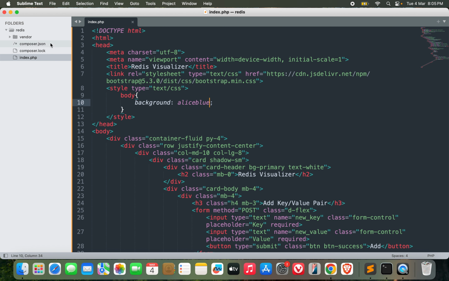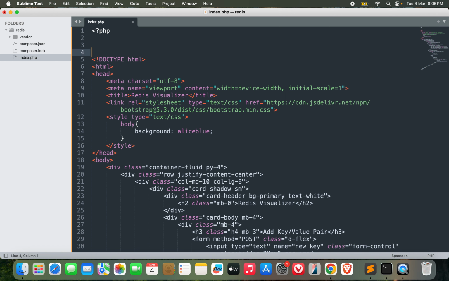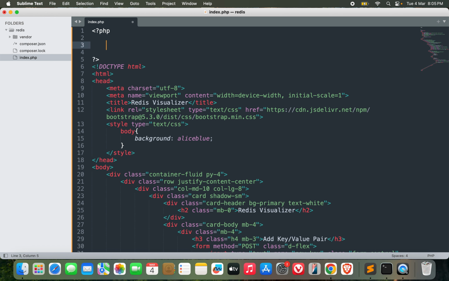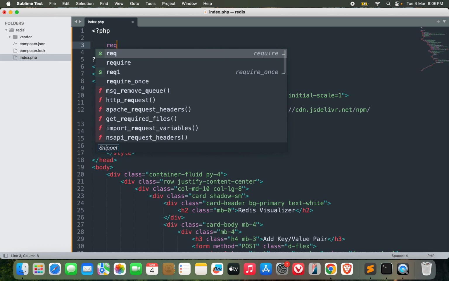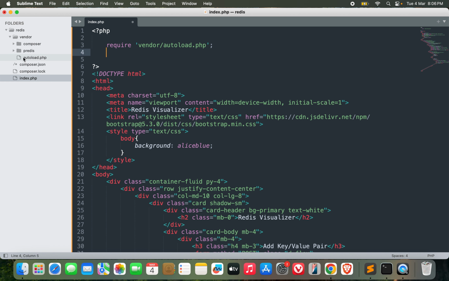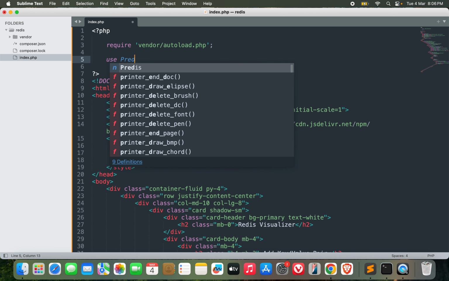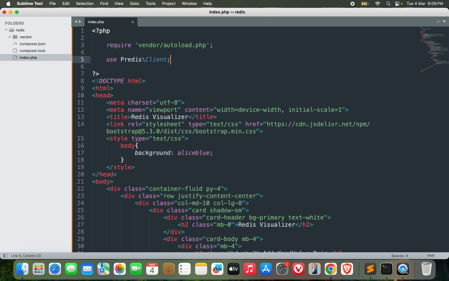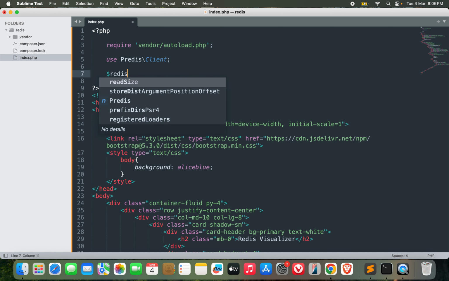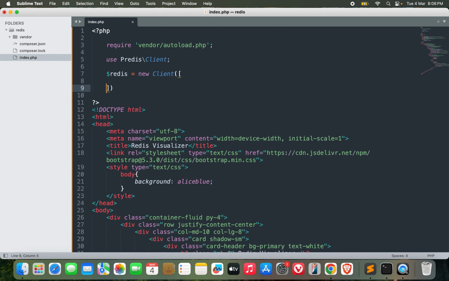So as you can see, we have already downloaded the library. We have already made the design ready. Now we need to connect to Redis. Let's start our PHP here. And first I need to load the autoload file. So require vendor autoload.php. We have autoload.php over here, so I included it. Now I need to use Predis\Client. This is the namespace. Now I need to connect to Redis. Let's see, new Client. This is how you connect to the Redis server, and you need to provide some parameters over here,